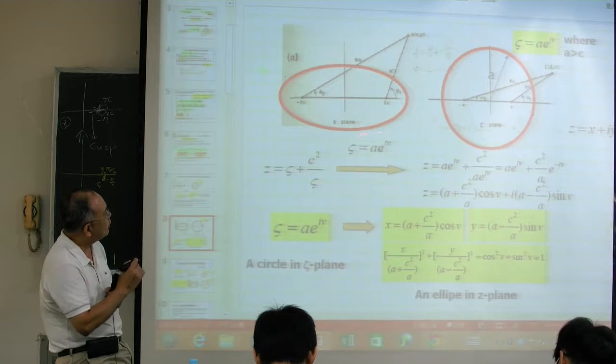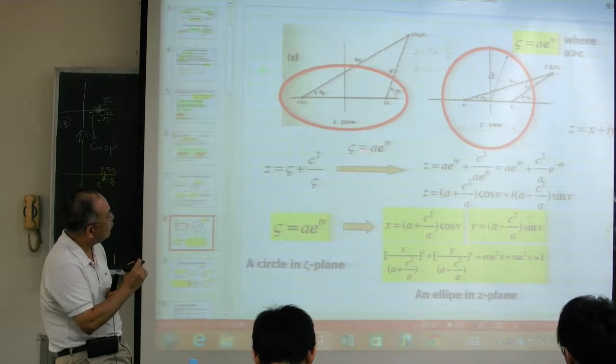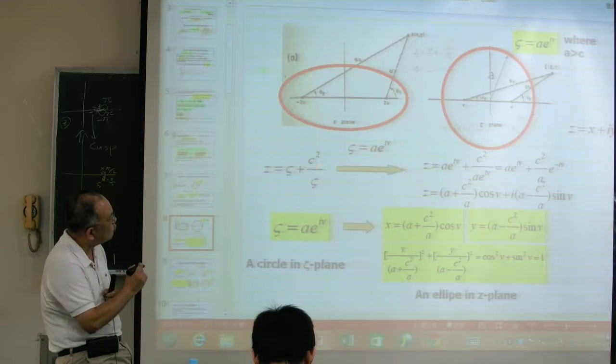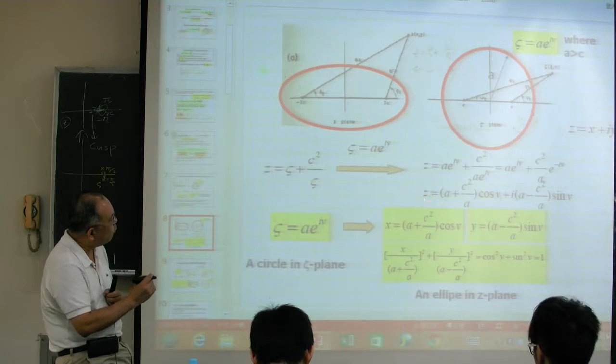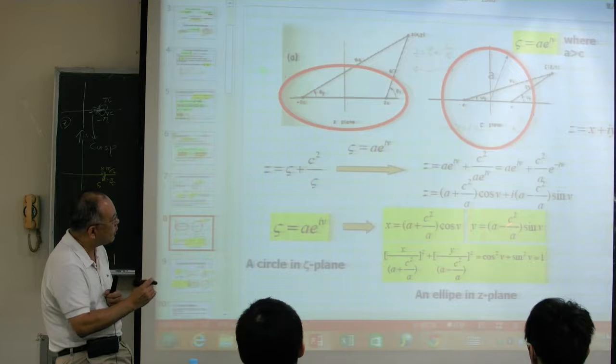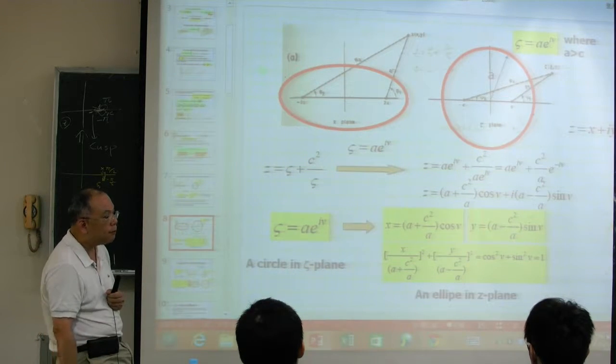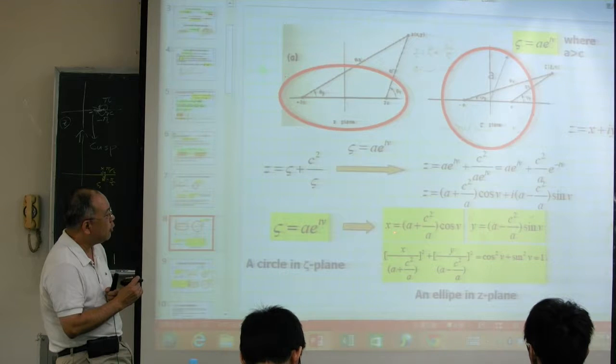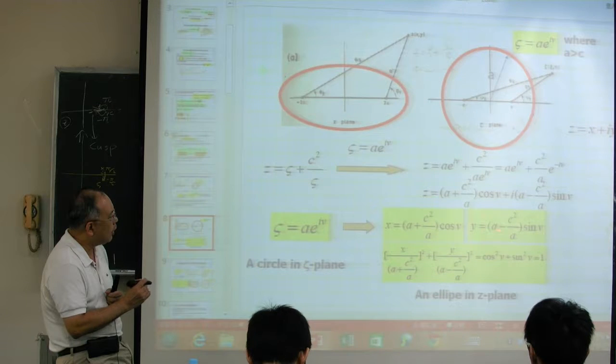So you can plug this exponential, zeta equal to A e^(iμ), into our transformation function. Okay, this is the Joukowski transformation function, and you plug in and rearrange. You can find out this is our real part, this is our imaginary part. So x is equal to this, and y is equal to this. Okay, and you rearrange a little bit. X divided by this factor becomes cosine μ, right? And y divided by this factor becomes sine μ, because cosine squared plus sine squared is equal to what? Equal to 1. So we have this kind of